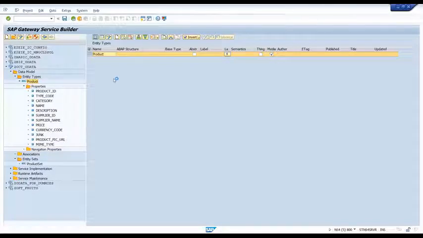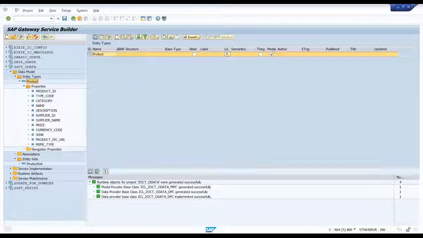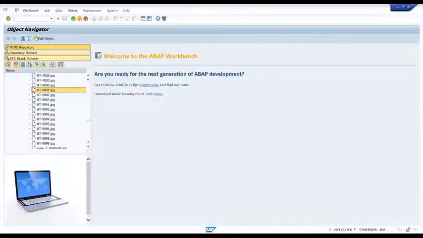Let's now generate. So what we did, two things. We added one product pic URL MIME type property, and then we also marked at the entity type level this particular product entity as media. Okay. Let me regenerate. You see runtime objects are generated now. What I can now do, I can go to SE24. So let me go to SE24,